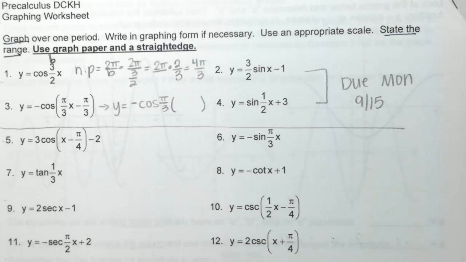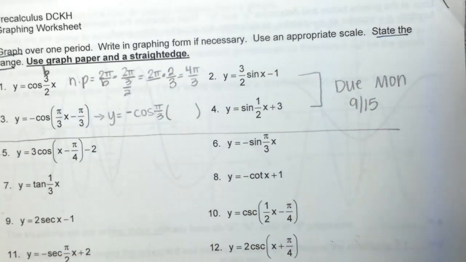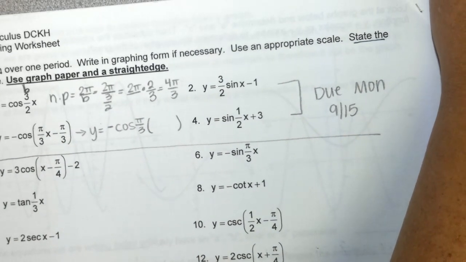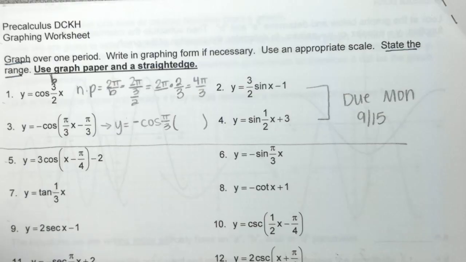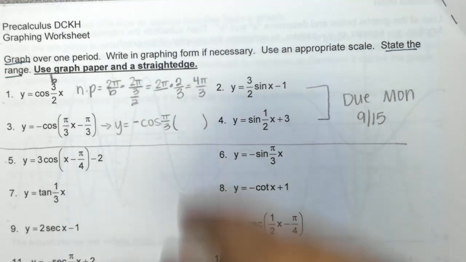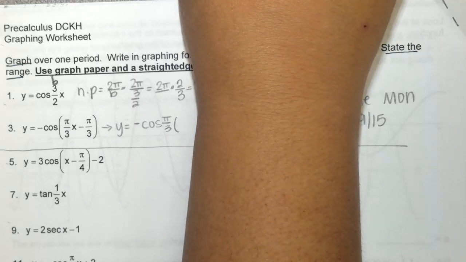Alright, when is this due? Monday. Let me read the instructions for you real quick. It says, graph over one period, just like we did on the quiz. Write in graphing form if necessary. Use the appropriate scale. State the range. And use graph paper. If you don't use graph paper, it's an automatic 50. But Miss Olivares, what if I don't have any graph paper? There's a drawer over there that says paper. There's some graph paper in there. Y'all get started on your